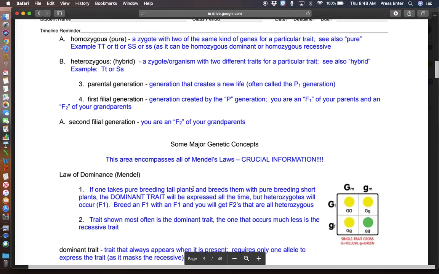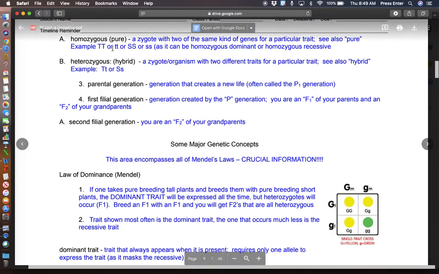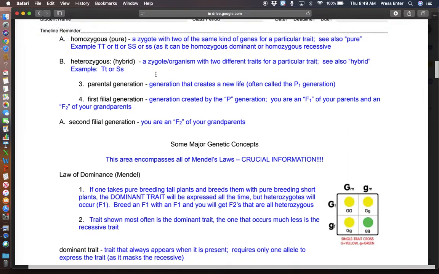Some more of those terms that we started to talk about, and we've used in class and lab: homozygous and heterozygous. Remember, homozygous is same. Heterozygous is different letters. Okay, so homozygous might be something like big T, or little t, or big S, little s. It doesn't make it any better. It doesn't make it any worse. Same as dominant and recessive. Dominant is no better than recessive. It's just different. That's all. There's this negative connotation about recessive genes.